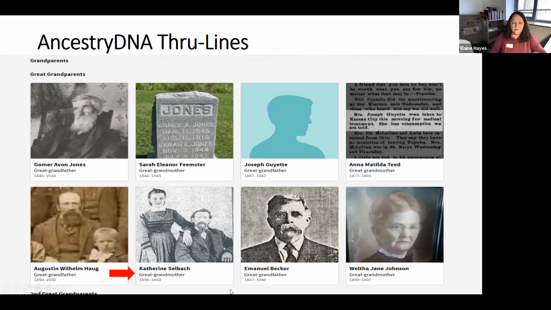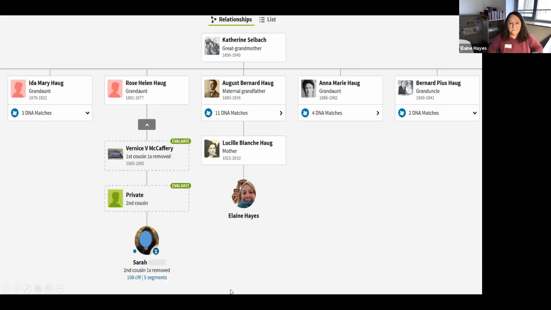So I clicked on Catherine Selbeck, and there's me. Catherine Selbeck is my great grandmother. And of course we have August Haug, my grandfather, and then there's my mother, and then there's me. But August had multiple brothers and sisters, and I have DNA matches to the descendants of all of those other brothers and sisters too,